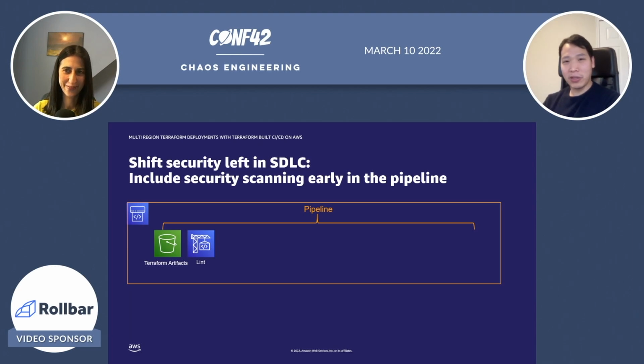Now, we wanted to integrate the security scanning in the very early stages of the pipeline. So imagine a developer goes in and tries to make an S3 bucket public, right? That would get caught in the very early stage, in the third stage here, the security scanning. It would get caught and the pipeline would not proceed and deploy that open S3 bucket change into the